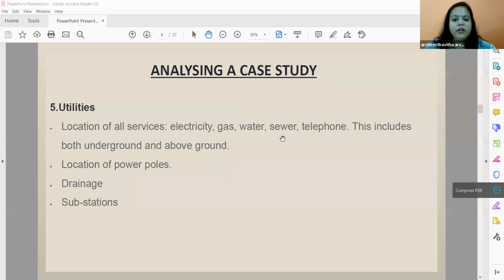So gas, water, how is the water entry here, and sewer lines, all these, where the manholes are provided. You can take photographs of it or you can sketch it also when you're doing the plan. So all these utilities you have to check. Location of power poles, as I told, your generator room, or if you have an inbuilt transformer inside your buildings, that also you can check. Then drainage, then substations. So substations will come where you have factories kind. So there you require separate electric generators, substations inside your block. So that is where it comes. In small projects, substations will not be available. So you can omit that point.